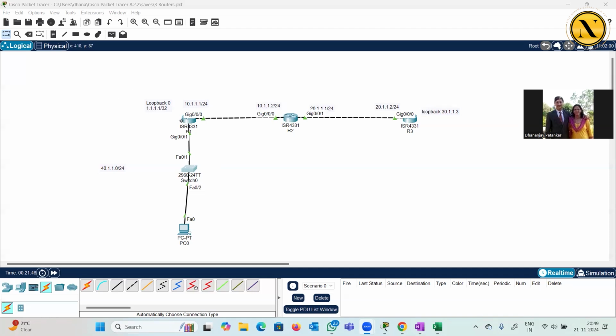So what should we do? Should I configure the router to act as a DHCP server? Yes. And then the switch and PC will get it. And R2, this gigabit 0/0/0 also, I will make it a DHCP client. So R1 will give it to R2 also, right? Apart from switch 1 and